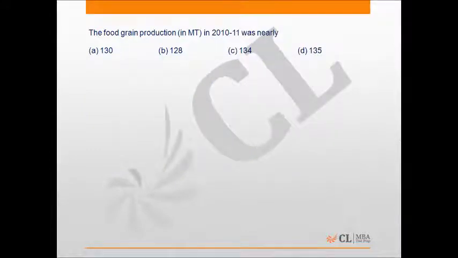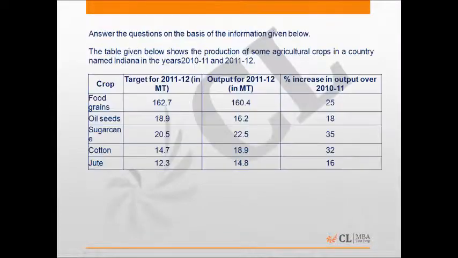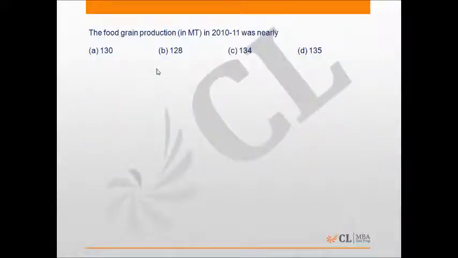the question: the food grain production in million ton in 2010-11 was nearly. So I have to find out the food grain production. I can see that the food grain production in 2011-12 was 160.4 and the percentage increase over 2010-11 was 25. So what I'll do, I have 160.4 million ton production and the percentage increase was 25. That means